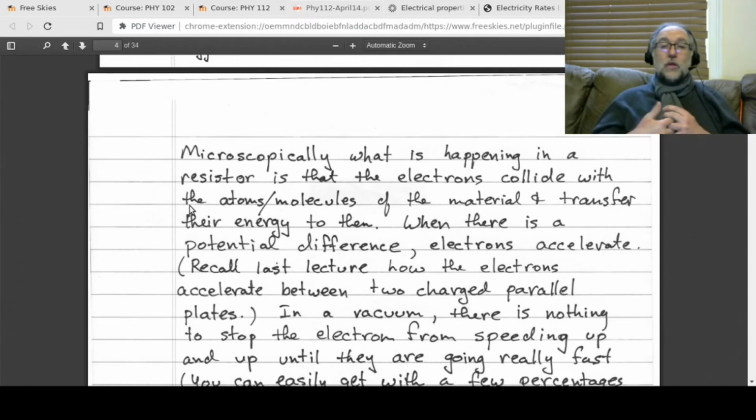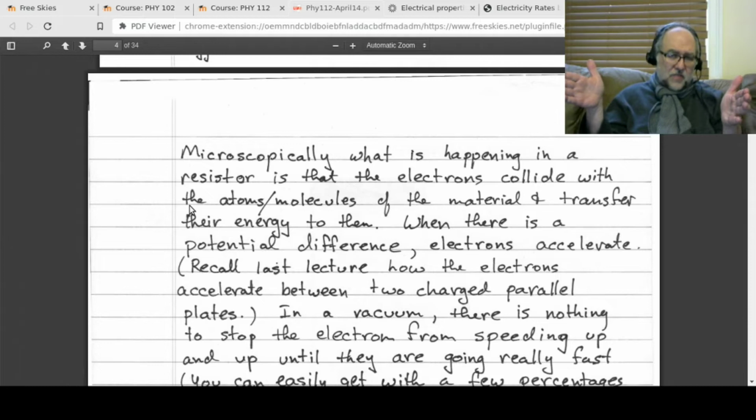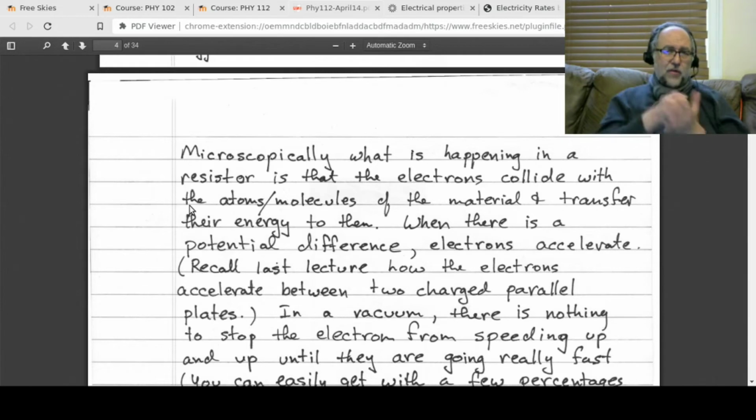And so these electrons are accelerating, but they don't accelerate for very long. They certainly don't have 7 centimeters of distance before they hit something. They hit something pretty quickly. The distance between atoms is about 0.1 nanometers, so they don't travel very far before they hit another atom. And as you can imagine, every time they hit an atom, they're transferring their energy to that atom, or molecule. They keep transferring the energy,